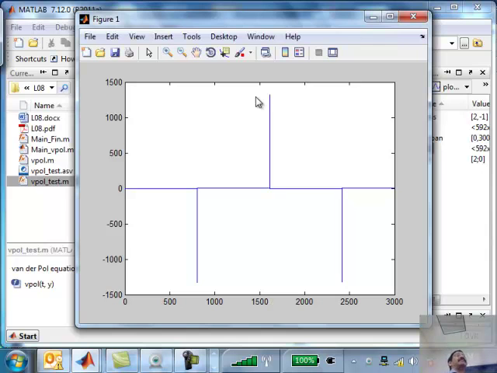The first time when I said plot t, y, it actually plotted y1 and y2, but y1 was squished because it was only going from minus 2 to plus 2. So by separating them out, you are able to see. And y2 is basically like a switch. It remains constant at certain times, then goes to minus 1500, then back to 0. Then it remains constant, goes to plus 1500 and back. So it is a very rapidly changing solution. Any questions?